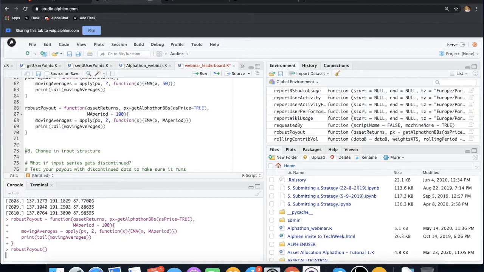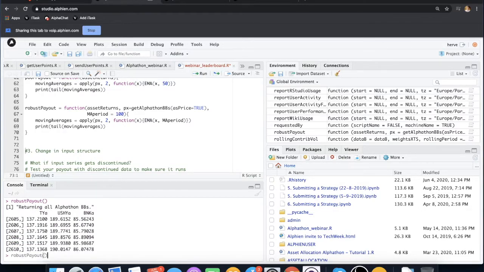You can do it this way, or you can pass it on here. So that's giving you a whole new flexibility to test your payouts and try to optimize it in a way.